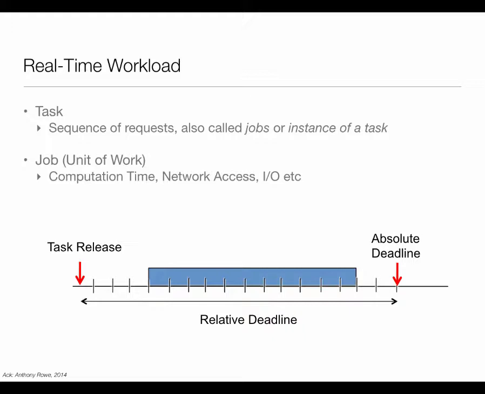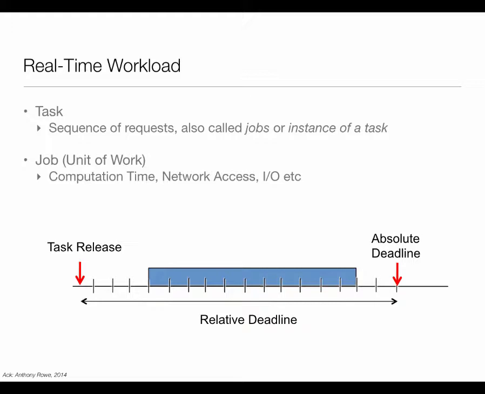And from a time perspective, a particular request of the task will be released at some point in time. So I should really say job release here. At some point in time, an instance of the task is released, and then I'll have a deadline requirement from the point it was released: at some point in future, I must finish the work. To finish that work, I would need some amount of computation and maybe some other resources, and from a scheduling perspective, I have to make sure that this particular instance of the task gets those resources so that it is able to run.